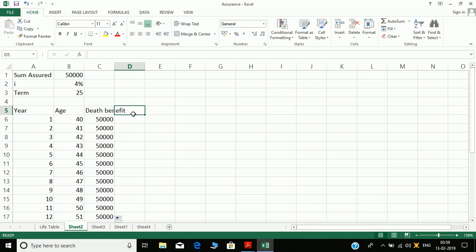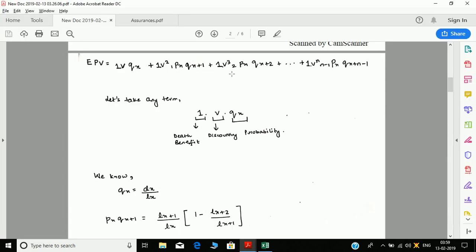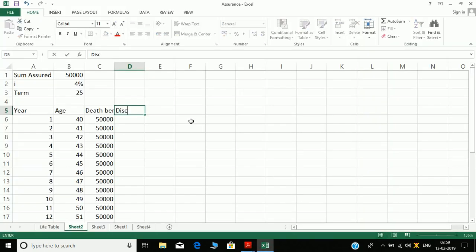Next I have discounting, so I create a column for discounting. Discounting is nothing but 1 by 1 plus i to the power 1.